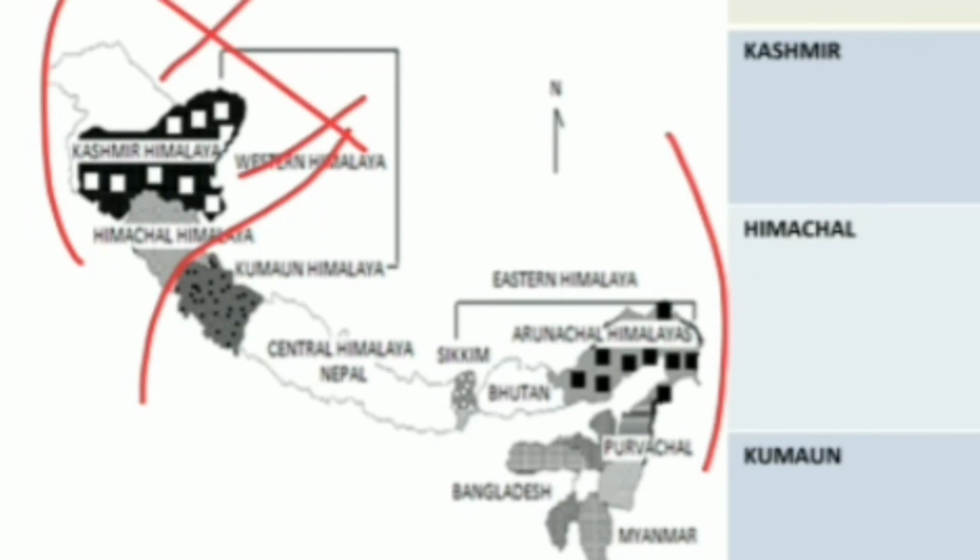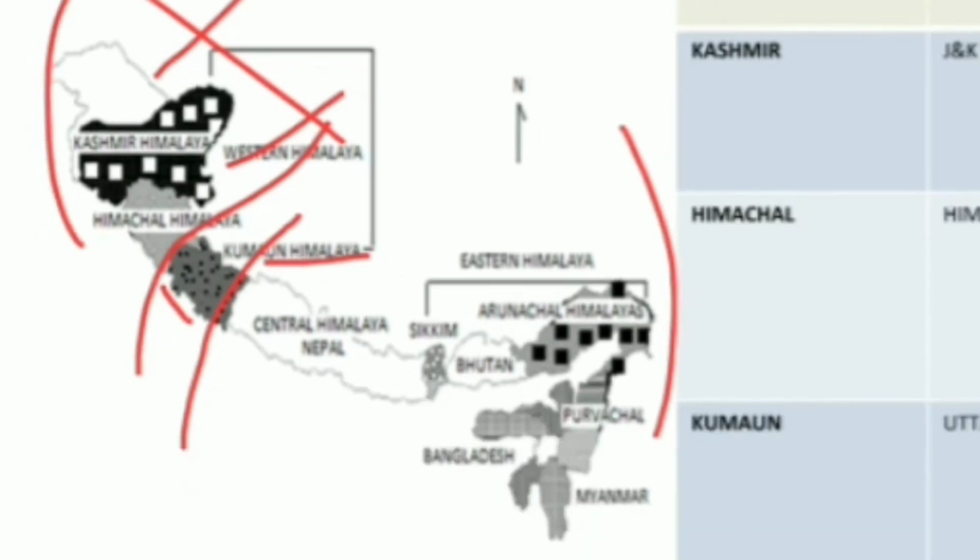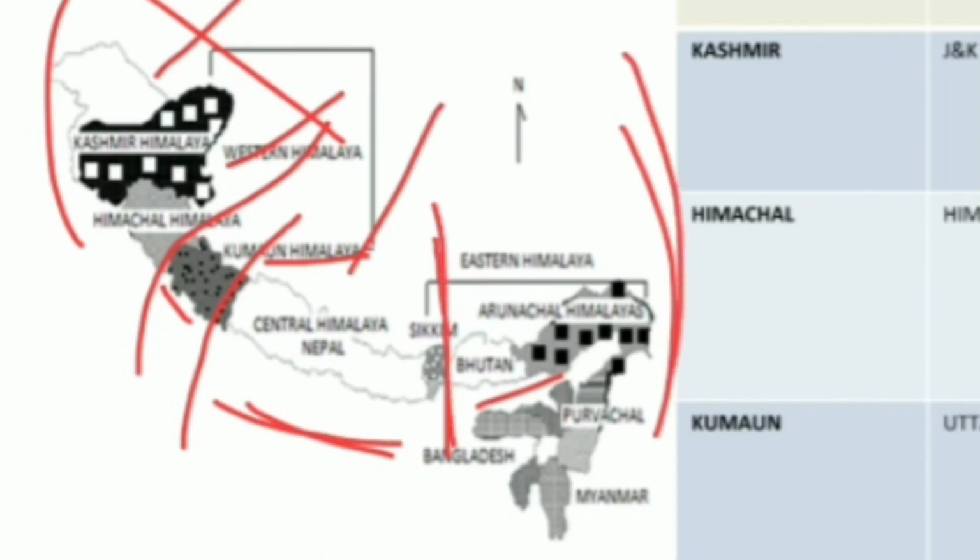When this Kali river passes through the eastern part of Uttarakhand or Uttaranchal region, which is Pithoragarh district of Uttarakhand, then Satluj river and Kali river demarcate the boundary of Kumaun Himalaya. After that, we have Tista River, which is in between Nepal and Bhutan. We have Sikkim region. So when Tista River passes through Sikkim region, then Kali and Tista River demarcate the boundary of Central or Nepal Himalayan region. Now, from this Tista River up to the extreme east, that is Brahmaputra River, the entire area is simply known